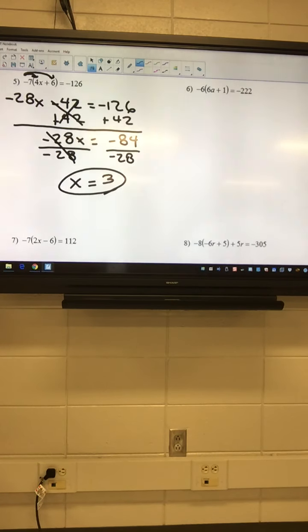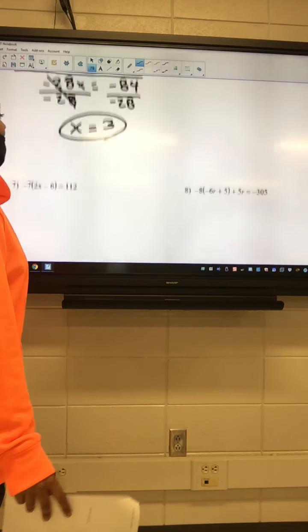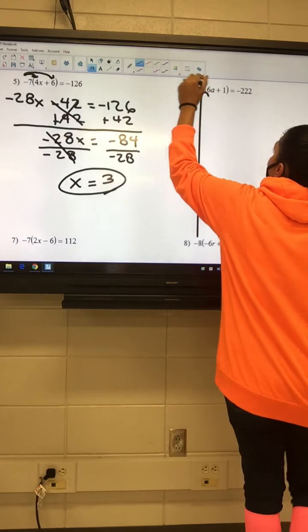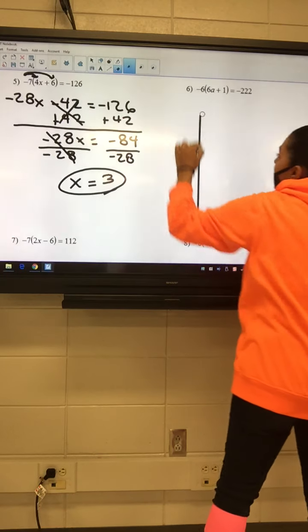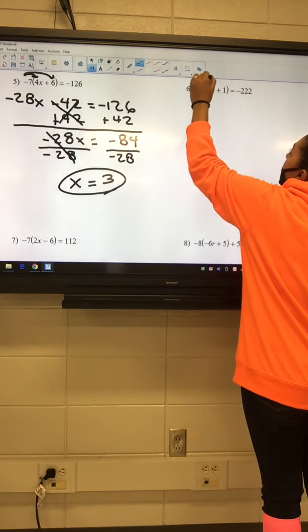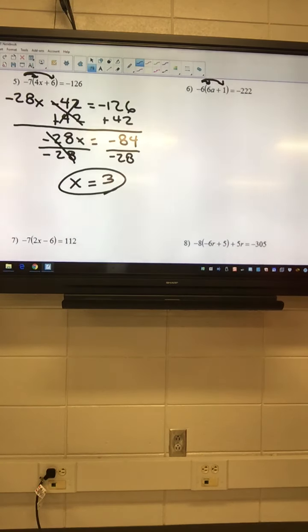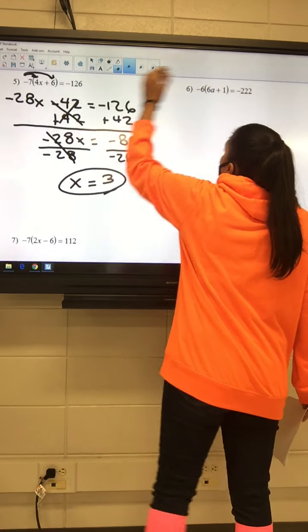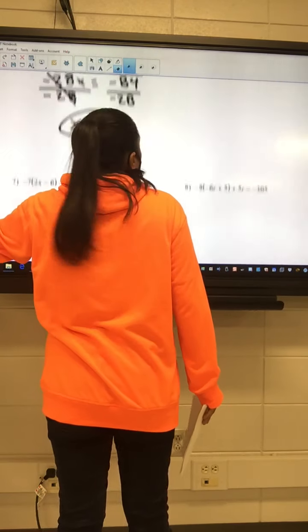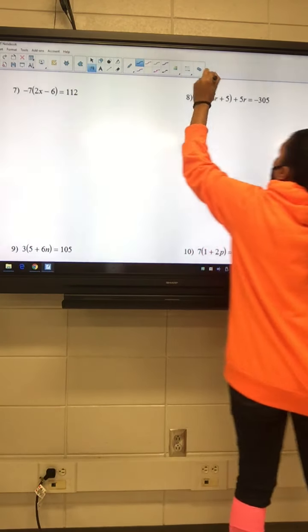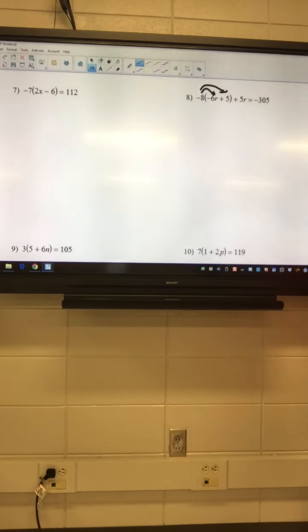Okay, 7 and 8, which one? 8. Okay, let's look at 8. Step 1, what is it? Parentheses. You're doing 6. That's 6. Okay, negative 8 times negative